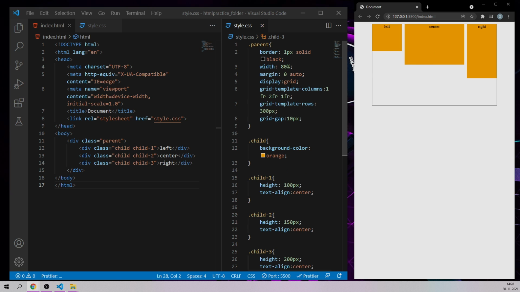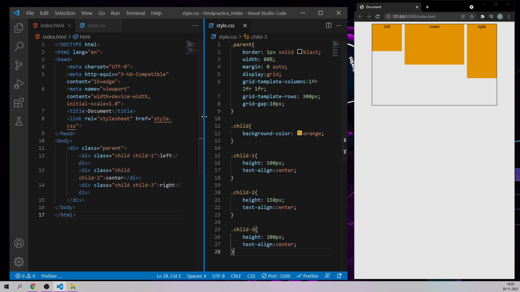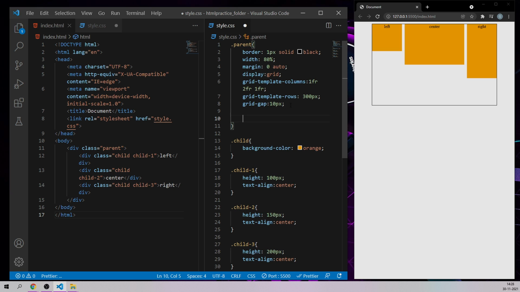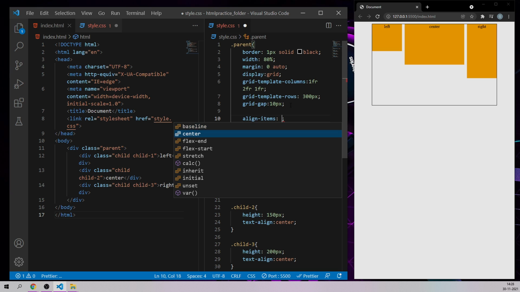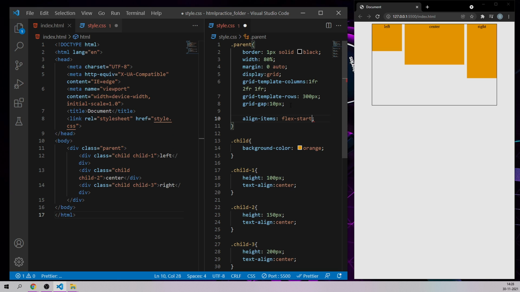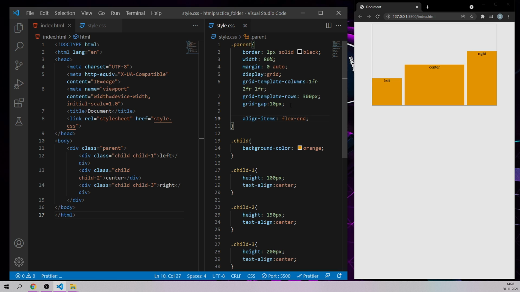What you have to do is go to the parent element where you are writing this CSS code. See, this is the parent element which has all these 3 contents. Since it is getting displayed as a grid system, we have one property called align-items. If I say flex-start, it will align themselves at the top of that parent element, and if I say flex-end, it's going to align them just below the parent element.